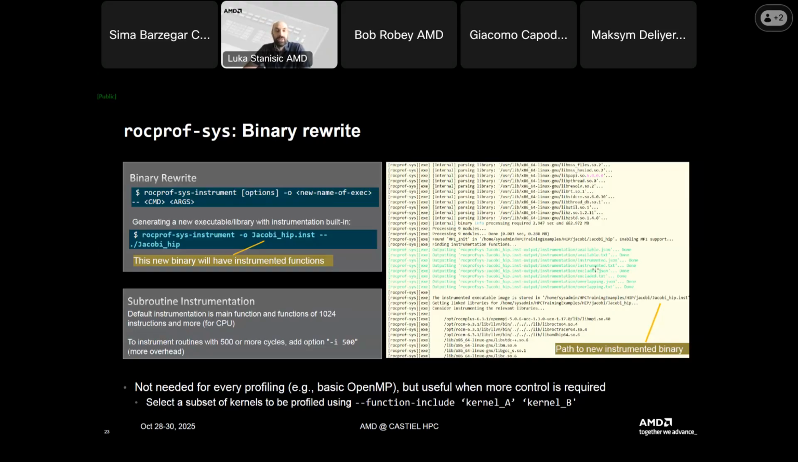By the way, this binary rewrite is not always needed. For example, for OpenMP applications, if you want some basic tracing of OpenMP, this is not necessary. You just need to specify include OpenMPT. But the binary rewrite can be very useful if you want full control. So even for OpenMP applications, maybe you'll want to trace only a subset of the OpenMP functions, in which case you will use rocprof-sys instrument with dash function include, and then specify here the names of the kernels, or part of the name of the kernels if you want to use regular expressions, that you want